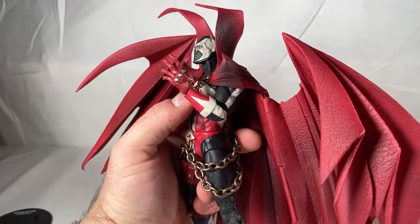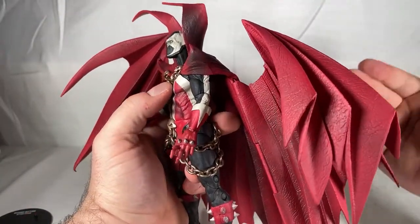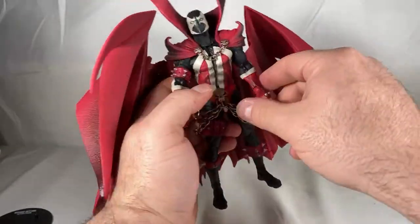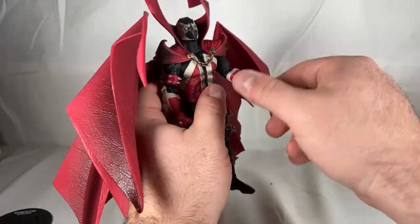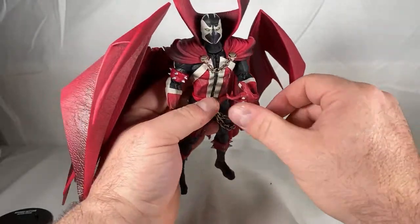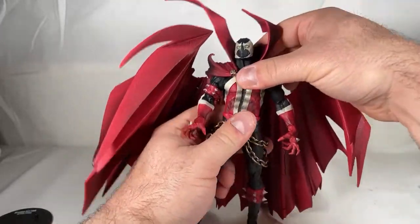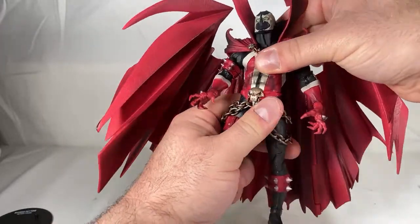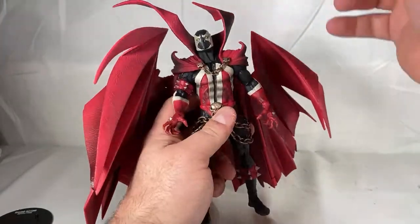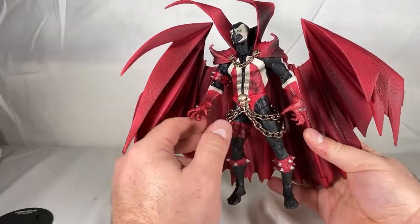It's a little bit more than 90 degrees. The arm straightens out about that far. It is a little bit on a bend right here, so you do have a little bit of a bend there. But the wrist can swivel, the wrist can hinge, and it really hinges nicely. There's no ab articulation, no cut in the ab or anything like that. And I actually am kind of glad that it doesn't have it because, and there's a reason why,